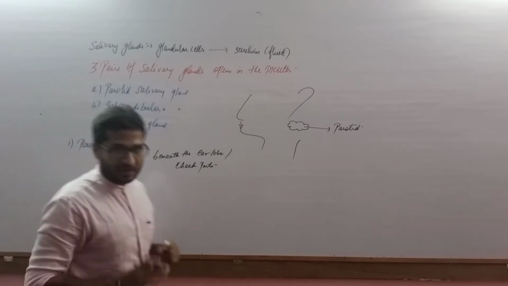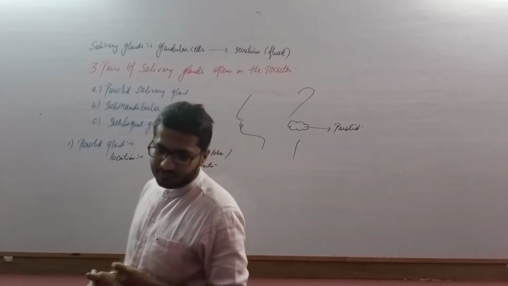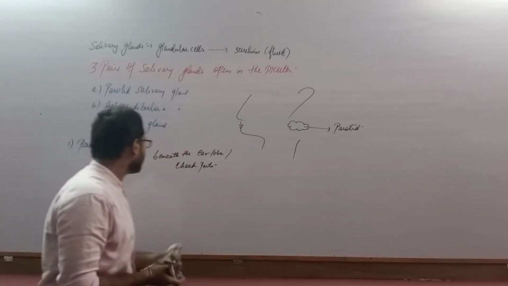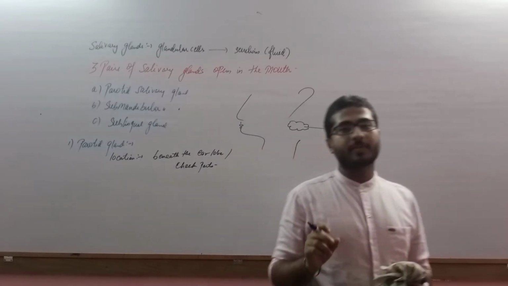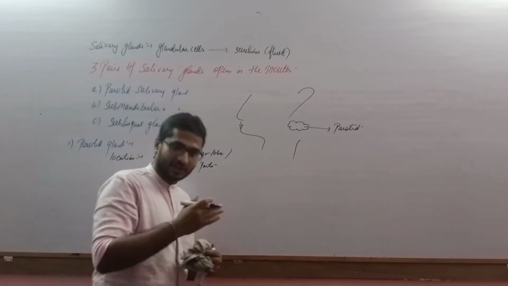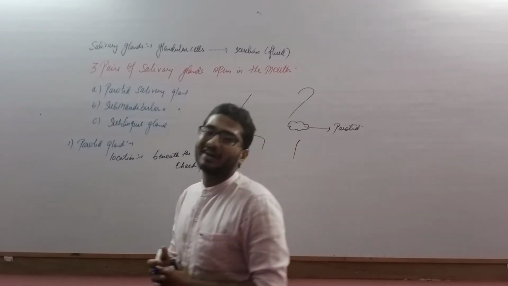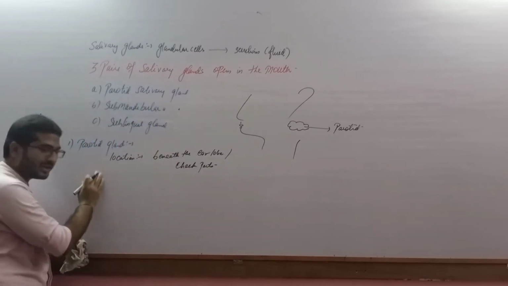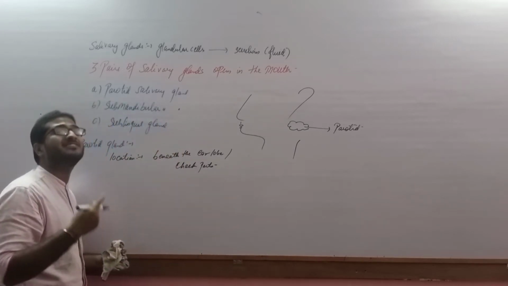Now each and every salivary gland has the capacity to secrete a fluid which we call saliva, and this saliva has a major role to play in digestion of food. So this is about the location of the parotid gland. Each and every salivary gland has tubes. These tubes are called ducts, and through these ducts the glands open in some part of the mouth or the buccal cavity. Similarly, the parotid gland also opens with the help of a duct, and the duct is called Stenson's duct.